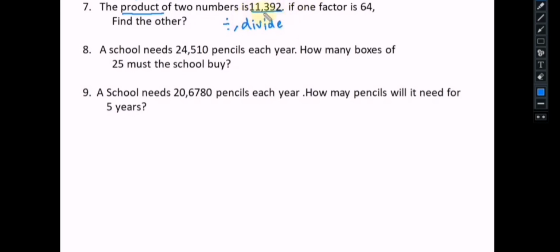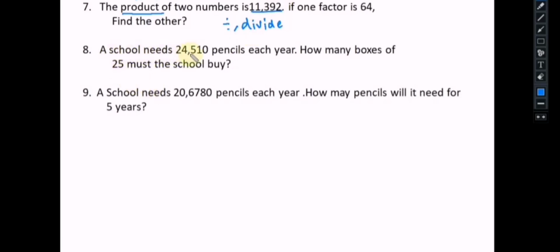So the total has been given, and you know that when you multiply the two numbers you get the answer. So you don't just go straight away and multiply them, because one number is given and you are going to find out the other. You are not going to find out the total over here. The total is already there. It indicates that you are going to divide to find the answer.